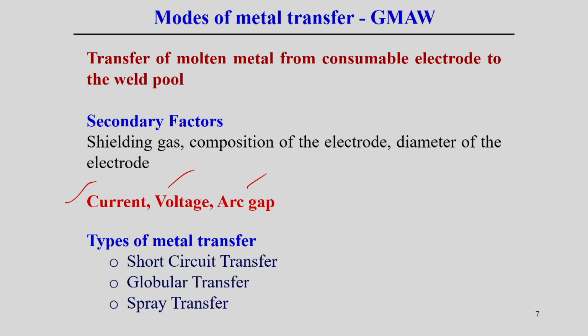So, apart from that, the modes of metal transfer in the gas metal arc welding process are like this: short circuit metal transfer, globular transfer and spray type transfer. These are the basic three types of metal transfer normally observed in the gas metal arc welding process. Of course, short circuit transfer is the most suitable in the metal printing process, because in this case it is more feasible to control the metal transfer with respect to the globular and the spray type of